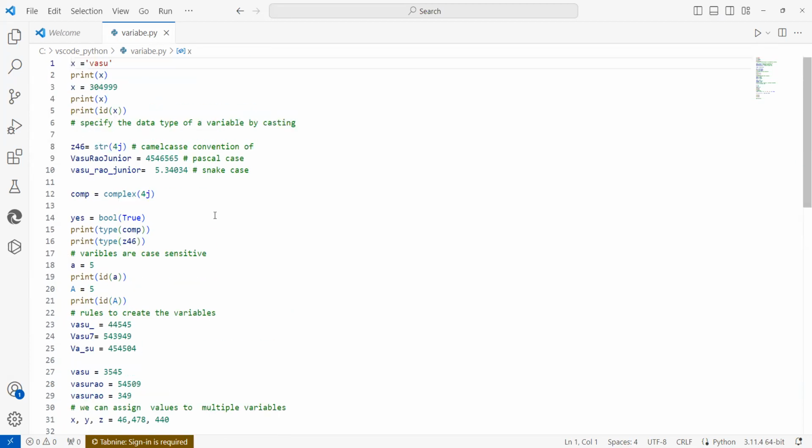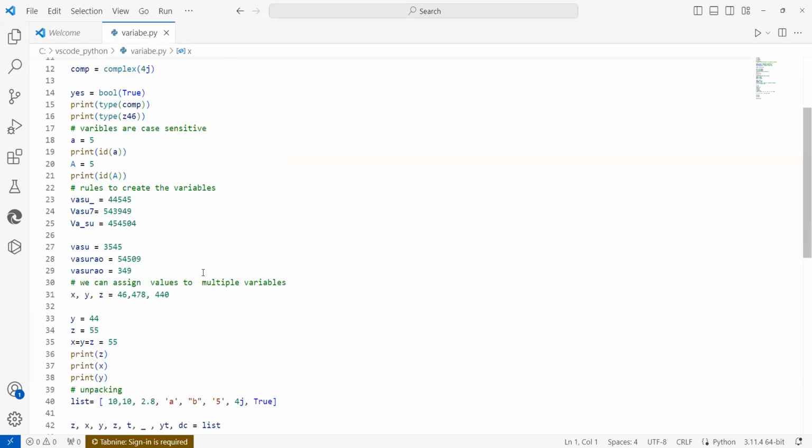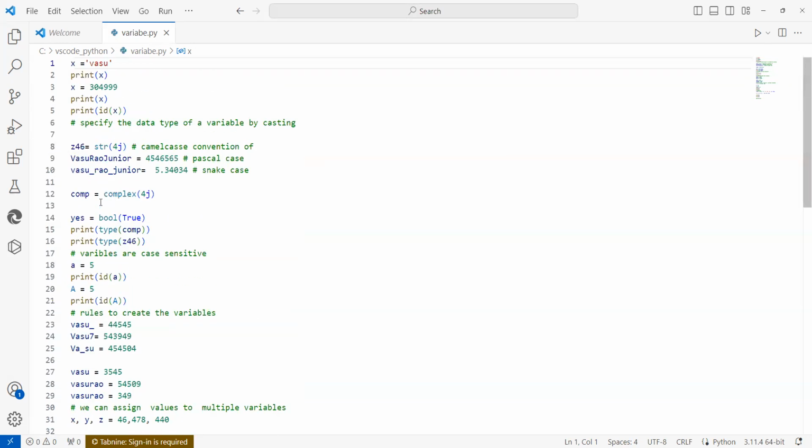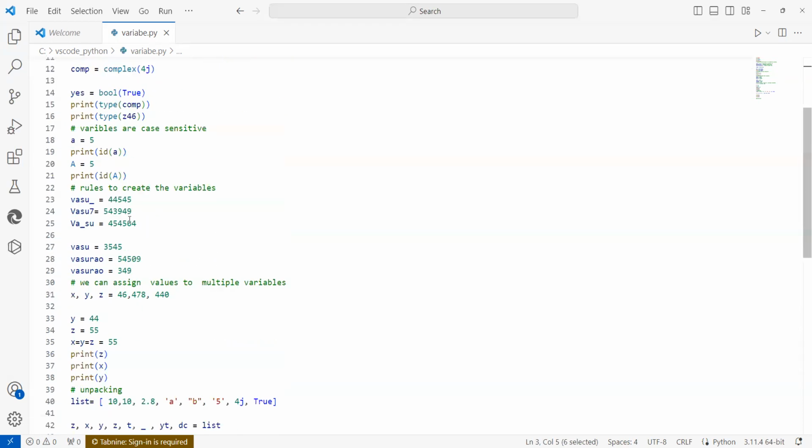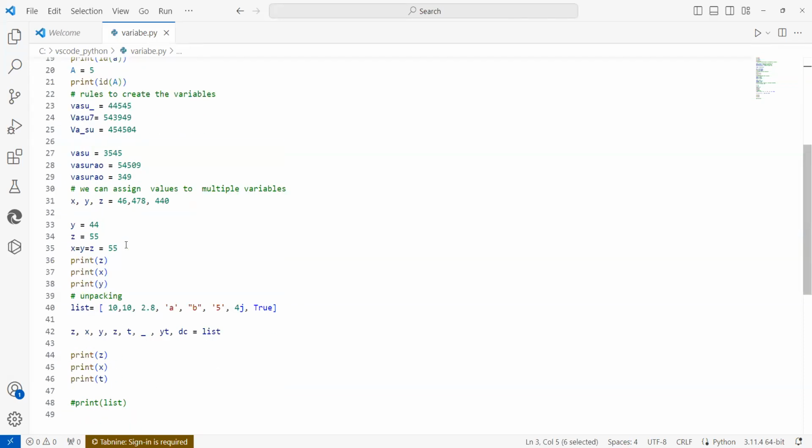Within that, I tried to brief you how many types of data there are in Python and what variables are, and how to assign values to variables. So in today's session, we will try to understand how to assign